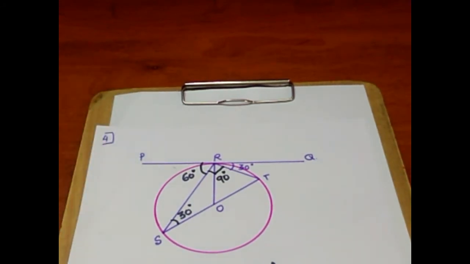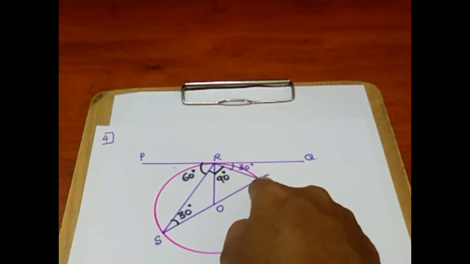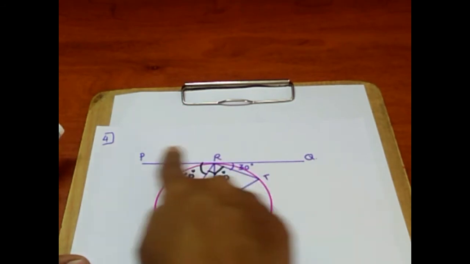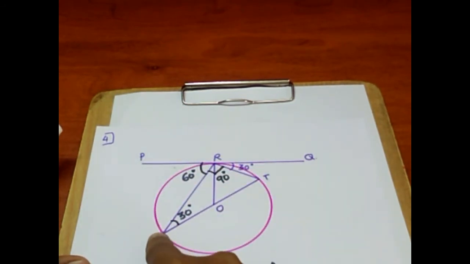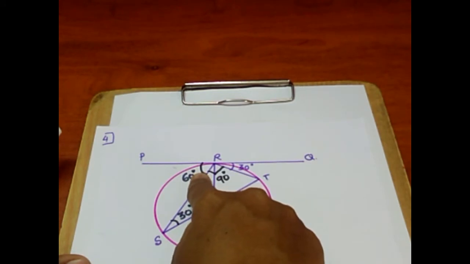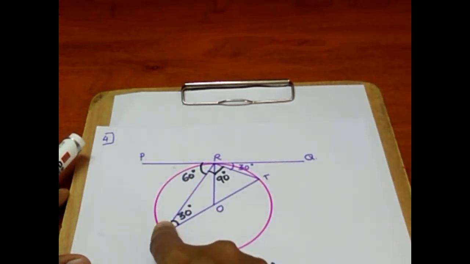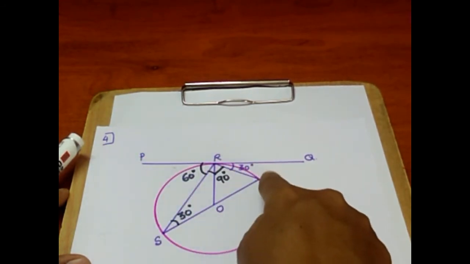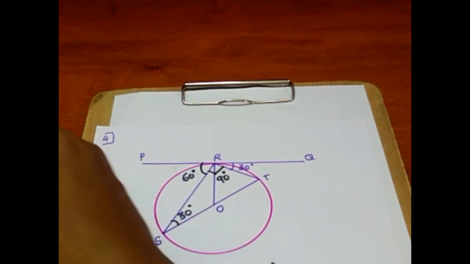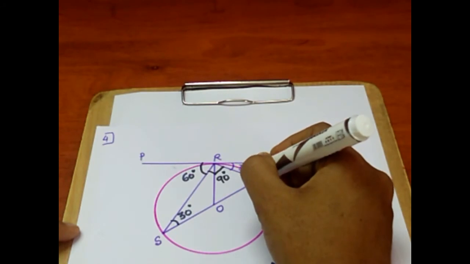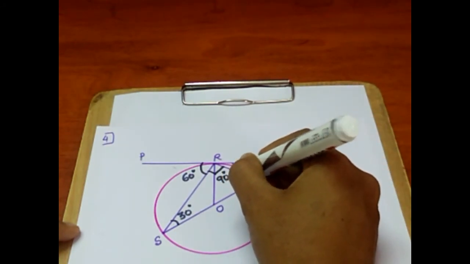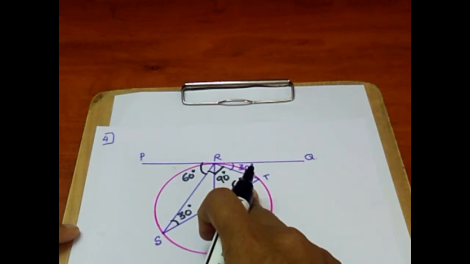Now, what is the second point? We need to calculate the measure of angle ROT. I hope you have got it by this time, children. See here, as soon as we get this angle PRS, at the point R, we can find an angle which is formed at the intersection point of a tangent and a chord. So, the measure of PRS is 60 degrees and the measure of RTS will also be equal to 60 degrees. Angle RTS is 60 degrees, that is the angle of the alternate segment.